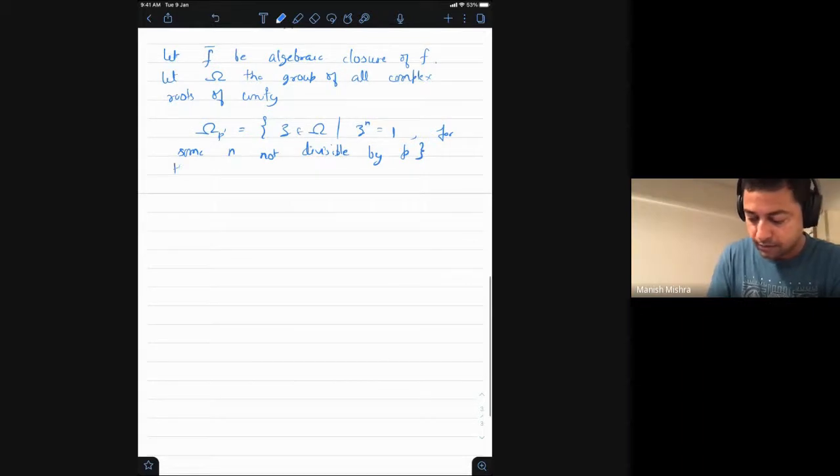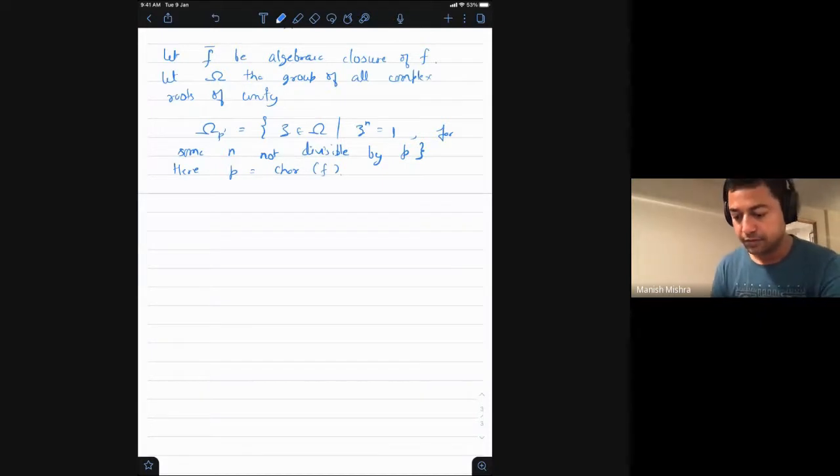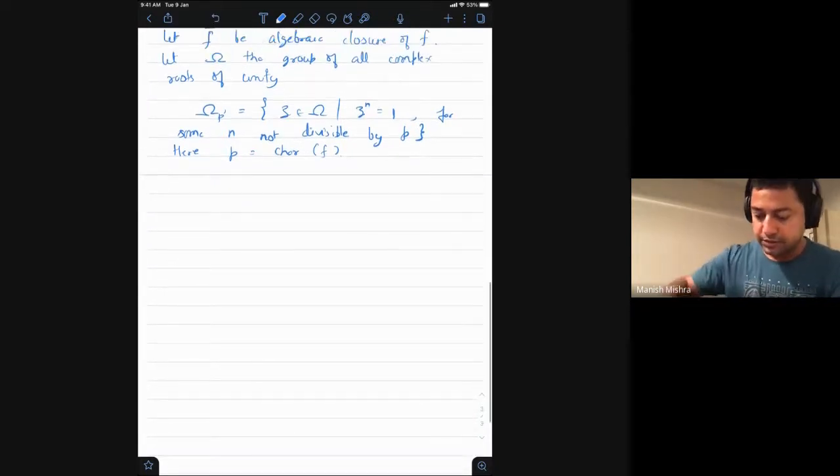And here p is the characteristic of your base field F. Okay, so this is a subgroup of the multiplicative group of complex numbers, and let Q_p prime equal to